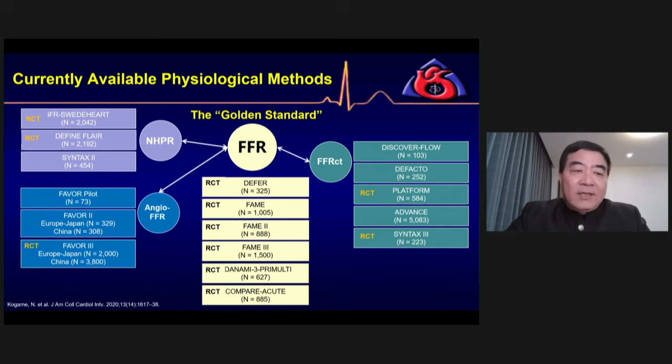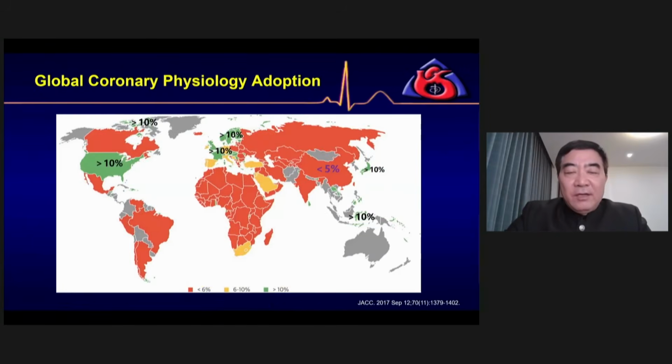So therefore, another parameter for the diagnosis of microcirculatory dysfunction, which we call the index of microcirculatory resistance, recently reported with CAIMR, has now shown increased importance. The penetration of intracoronary physiology, which we actually introduced in 1999, is still less than 5% across the whole of China. You know, in 1999, the annual PCI volume was